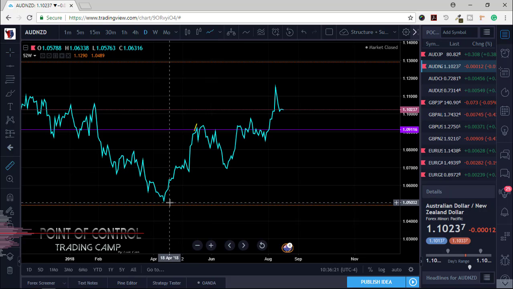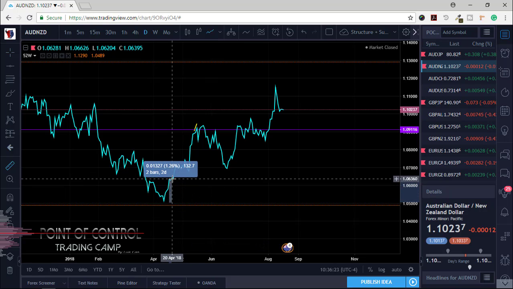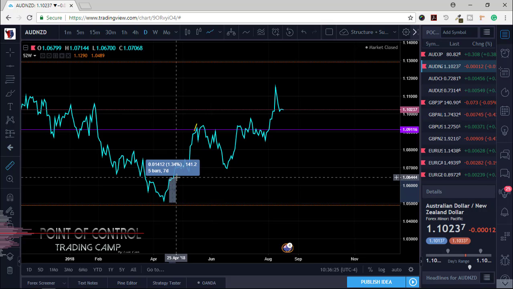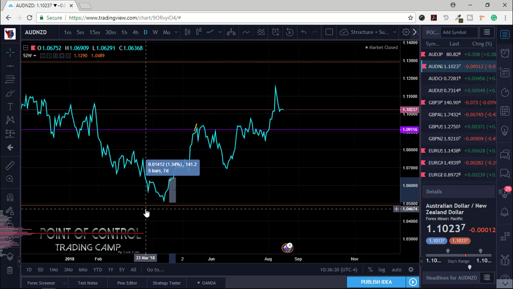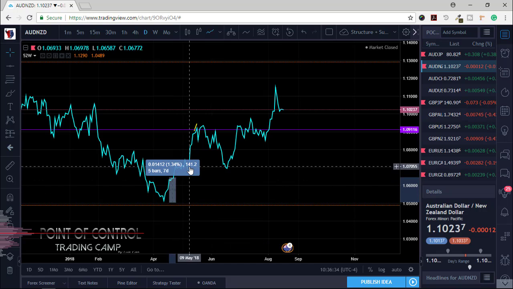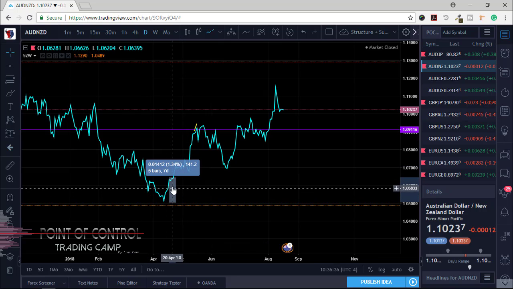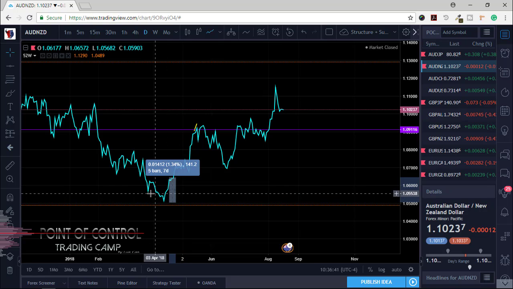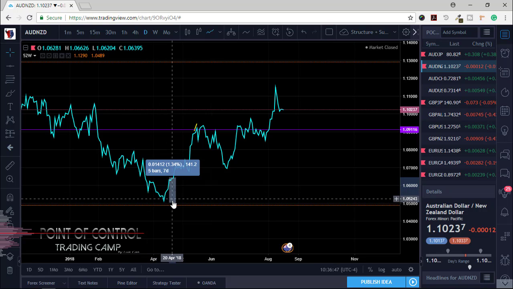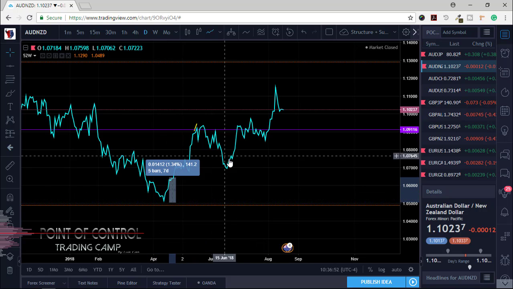I'd rather have a strategy that gives me a 90% win ratio than a strategy that gives me a 30% win ratio, because I'm greedy. I'd rather win 141 pips. To be honest, I'd rather win 100 pips, and just be happy, because here was a significant area of resistance. So I probably would have even gotten out here. I don't know, because it could have bounced and I'd lose my profit.